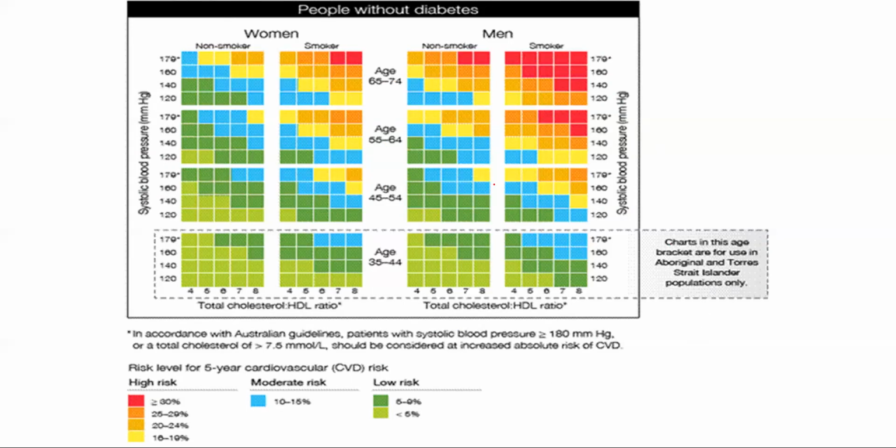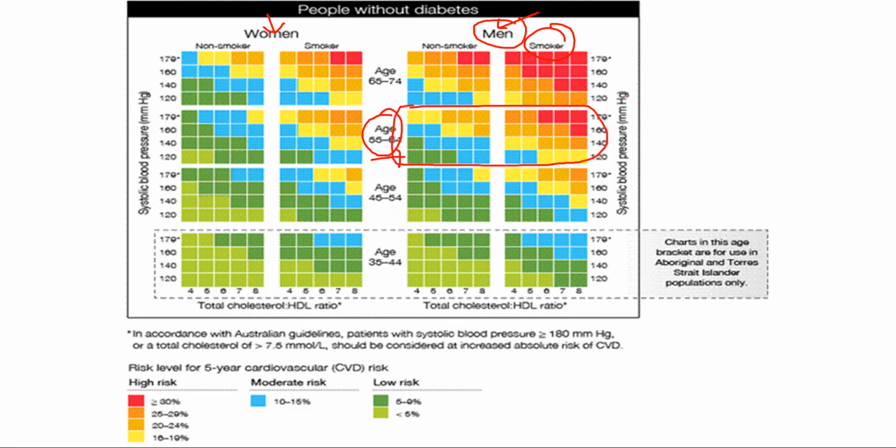When you get a CVD risk chart, you look at the chart first. So see that this side is the women and this side is men. So our patient is a man, he is a smoker, and we need to know what the age of the patient is. He's 57. So this is the age group he is on. So we are mainly looking into this area, right? So this is the area we are looking for.